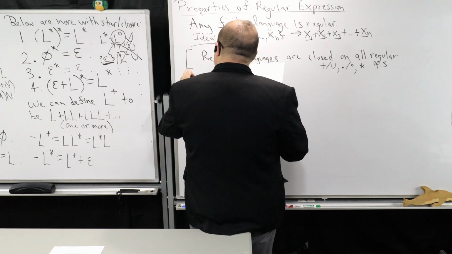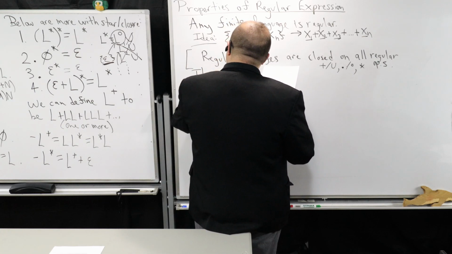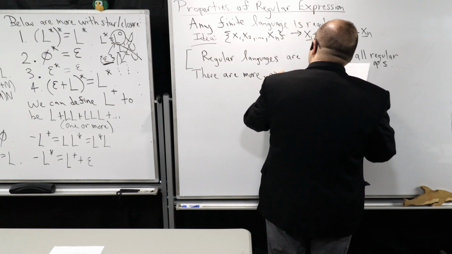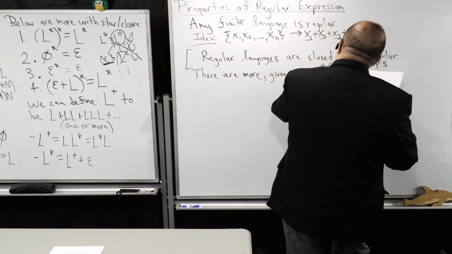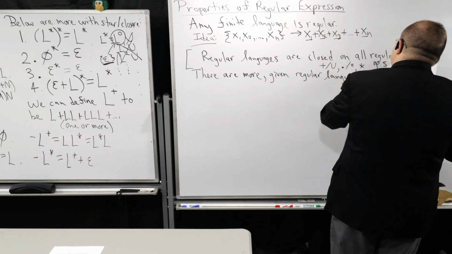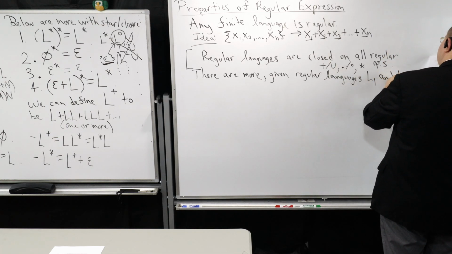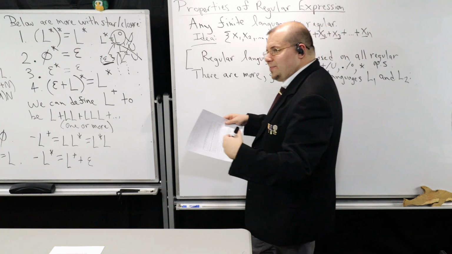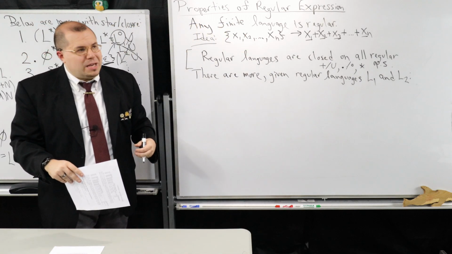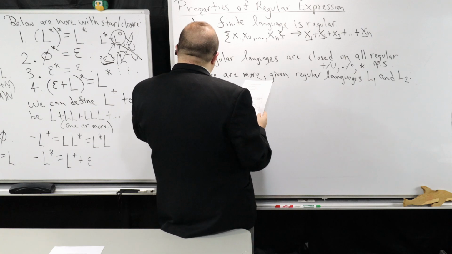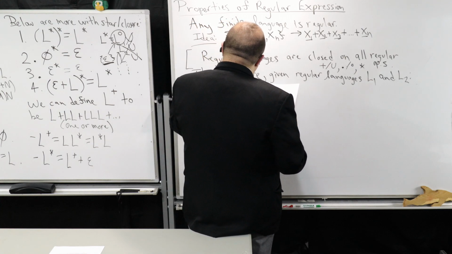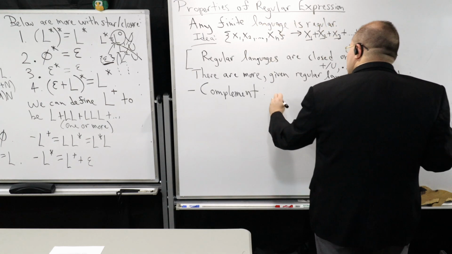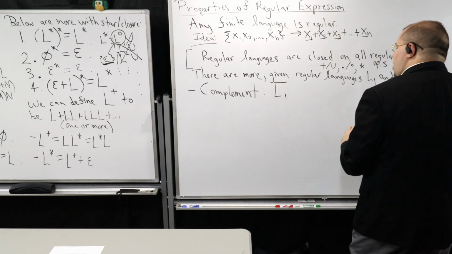So I want to talk about some more. So there are more. Given regular languages L1 and L2, I'm going to talk about various different operators and different things you can do with languages, and we're going to talk about them being closed. So the first one is complement. So if I give you some language L1, the complement of L1